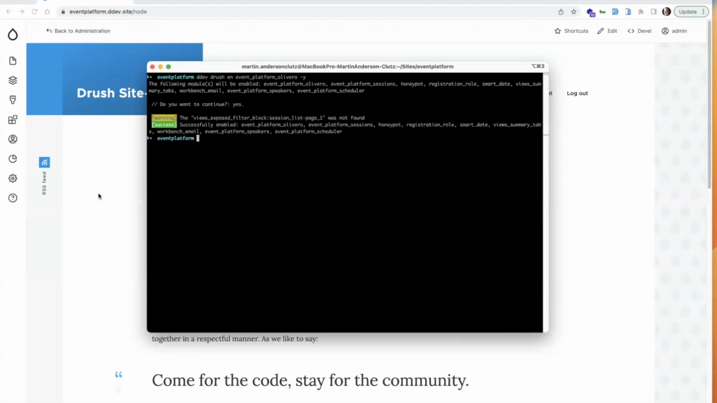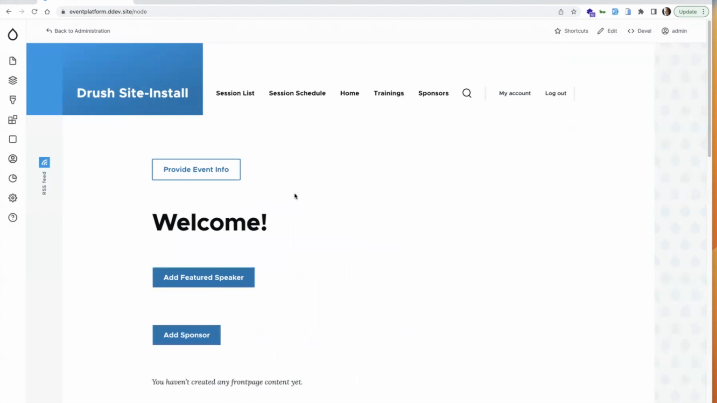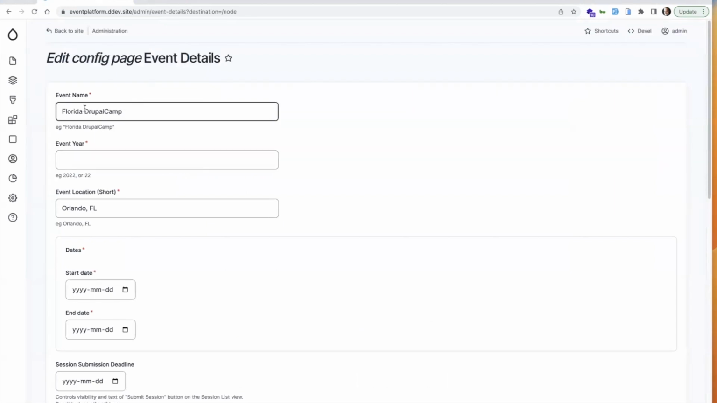With that done, we can go back to our site. Now we can see there are some blocks placed for featured speakers and sponsors, but we also have this prompt here to provide event info. This is using a config page to store all of the camp information. So let's call this Include Drupal Camp